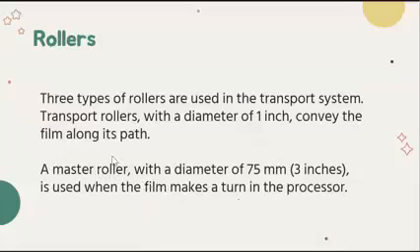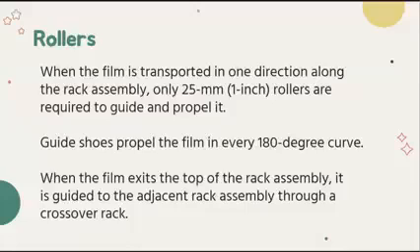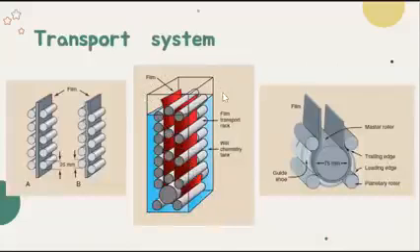So this master roller, or another term is solar roller, is seen at the bottom of each processing tank. Okay, this is an example of a processing tank, this middle picture here. So what I'm trying to say is, for example, the developer, this processing tank has a transport rack,